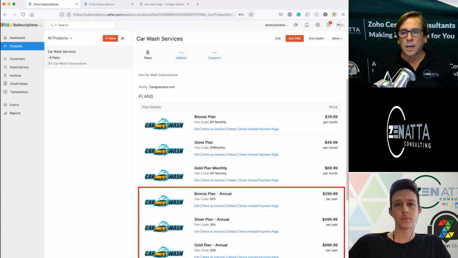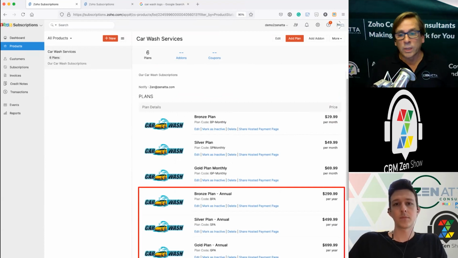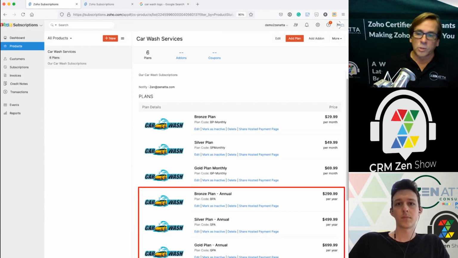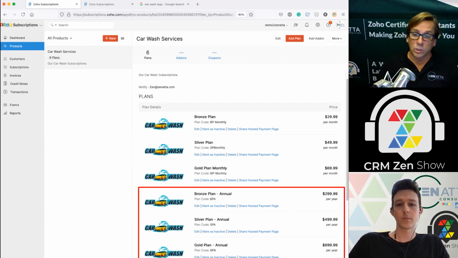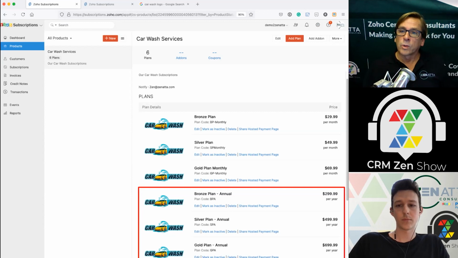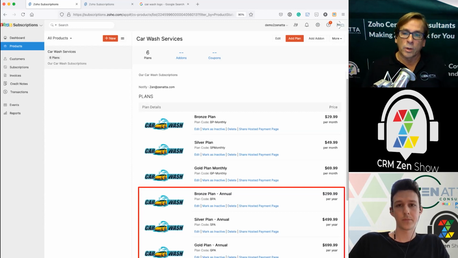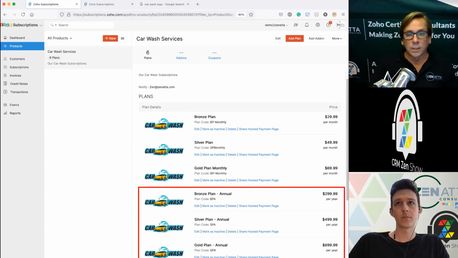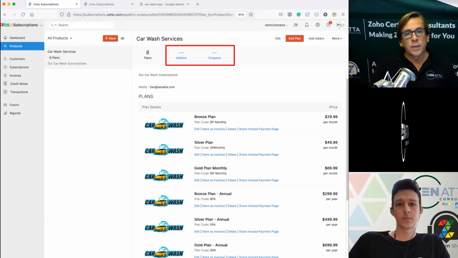Think about them ahead of time. Think about what your pricing is going to be. Oftentimes on an annual plan, people want to give a 10% discount, a 20% discount. In this case, we actually just knocked 2 months off the price. So you want to think about that ahead of time before you start building these out. Now, once that's all done, we need to do add-ons and